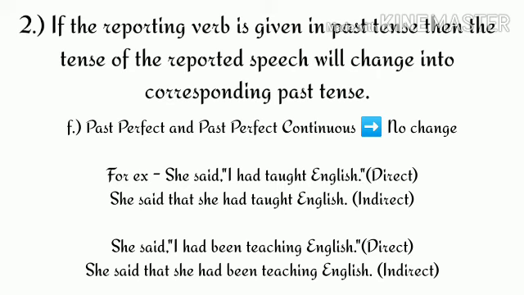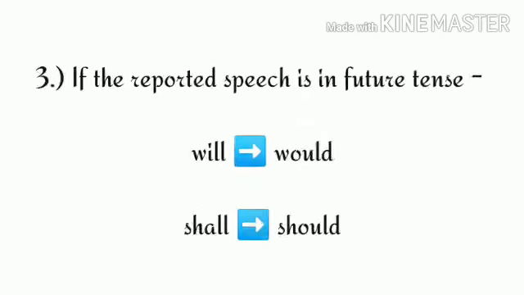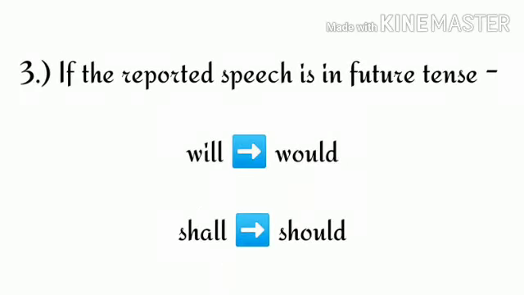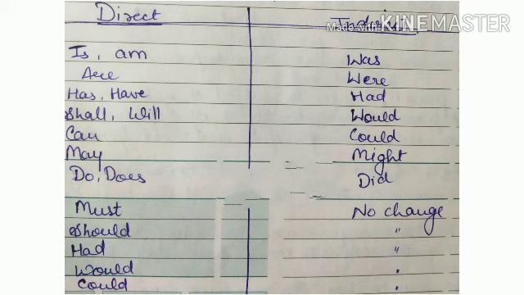Then again, if the reported speech is in past perfect continuous, for example, she said, I had been teaching English, it will remain unchanged. She said that she had been teaching English. And if the reported speech is in future tense, then will is changed into would, and shall will be changed into should. Children, you can get this by understanding the rules for changing helping verbs, like is, am changes into